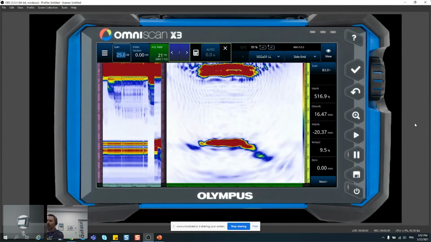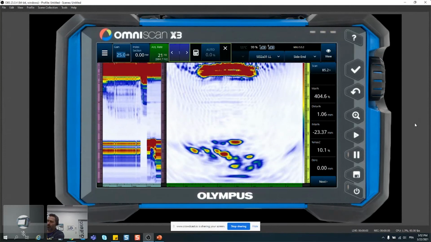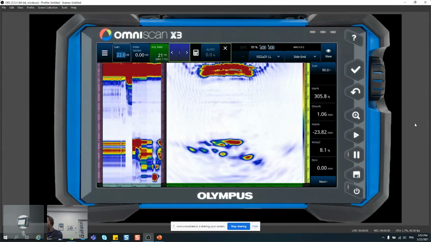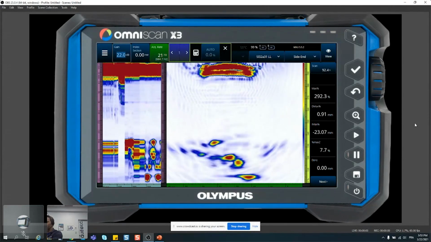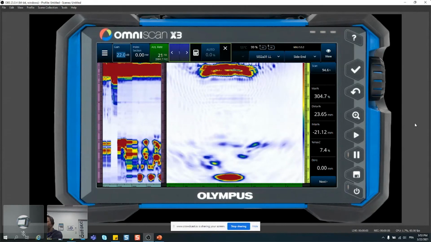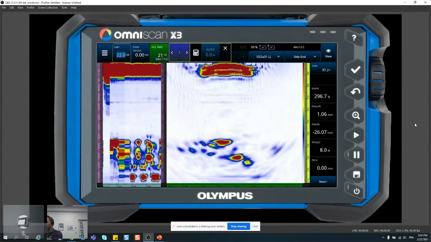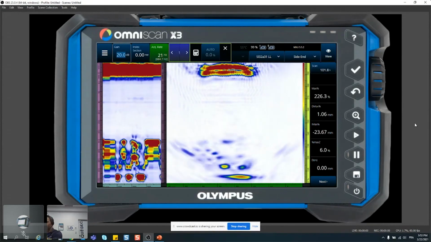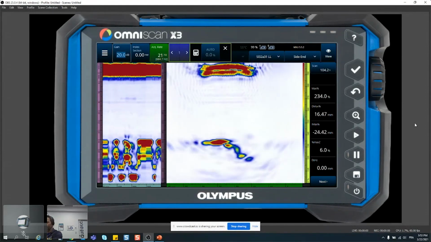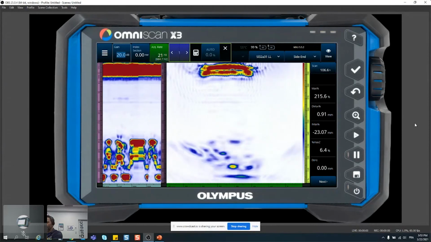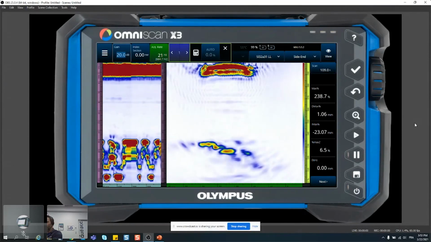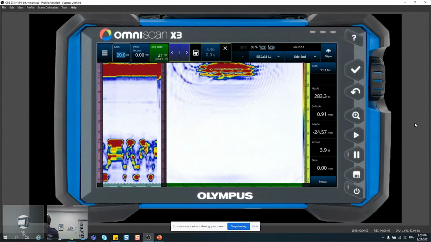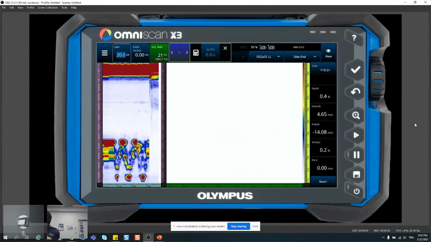Now moving to the block, lowering the gain a little bit. We can see that it's an improvement over the pulse echo phased array for sure, but I think we can do better than that. Still working in the same area over the same indications. So from this probe,